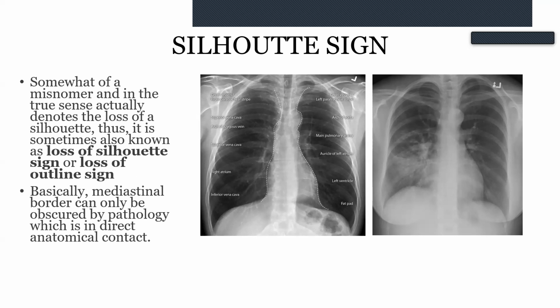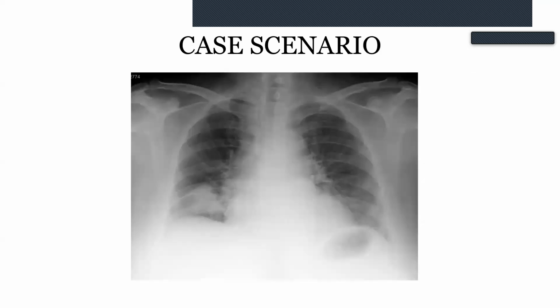It can be, maksudnya bila standard border tu obscured by something. That is what silhouette sign means. But it's misnomer lah. Sebenarnya maksud dia silhouette sign tu absent, tapi dia dipanggil sebagai silhouette sign. So it's an absence of the normal silhouette of the mediastinum that is called silhouette sign. Macam tu. Misnomer. So scenario, kalau kata this one, I pakai scenario, 60 something year old lady, cough for 5-6